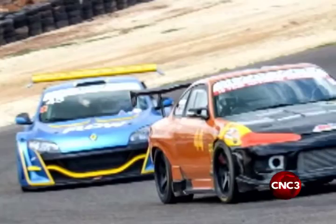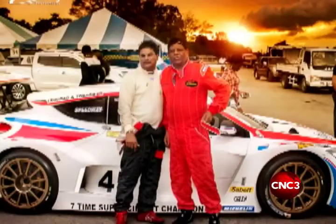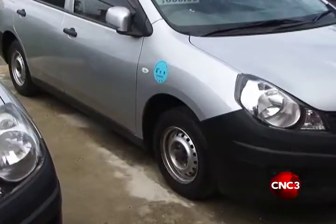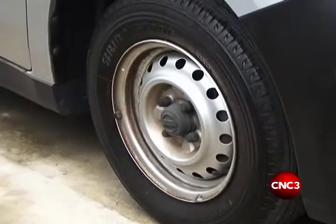A race car driver since the age of 20, hitting a high of 220 kilometers per hour, it was always important for Frankie Boudram to properly measure speed. He explains it's calculated based on the number of rotations a wheel makes. One rotation equals the circumference of the manufacturer's standard size rim and tire. Once the tire is changed, then the whole ratio is changed and the speedometer reading needs to be recalibrated because